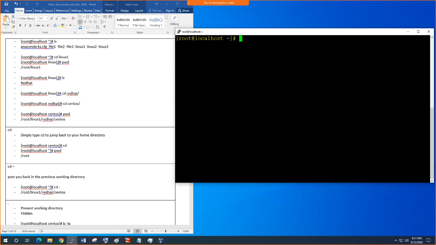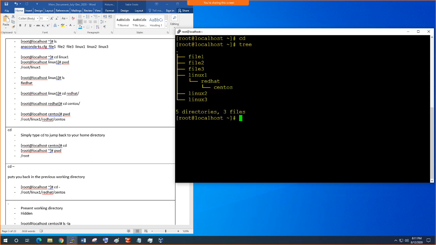Clear, cd, this is where you are. You type tree. This is where you are right now. And if you want to go to the previous working directory, CentOS, you type cd hyphen. Okay, I think we cleared it. So let's go into